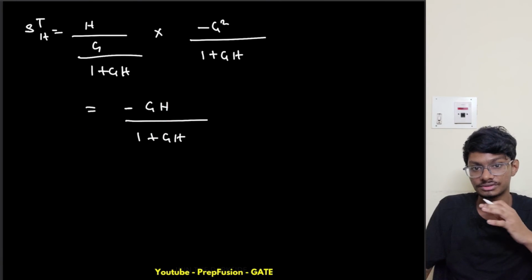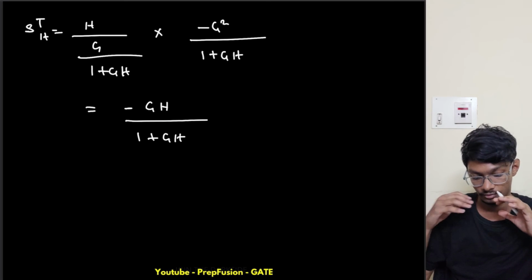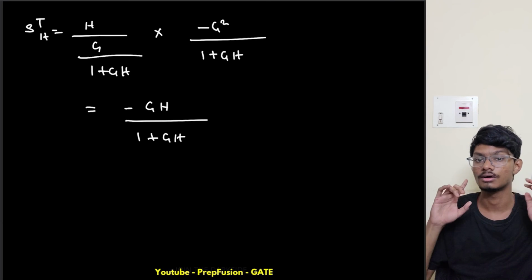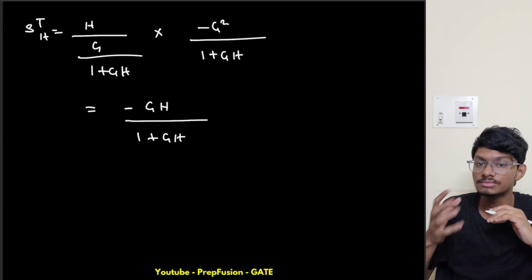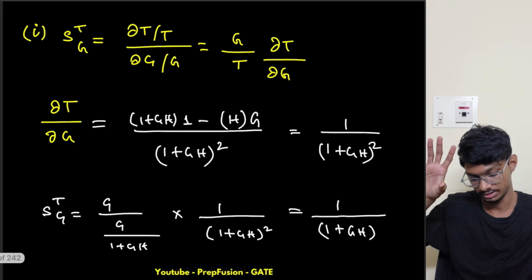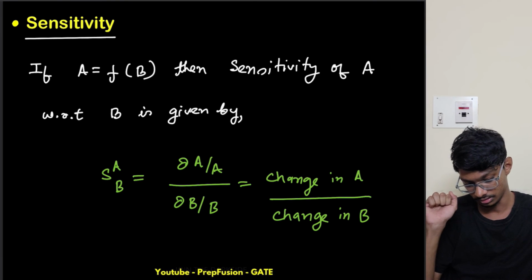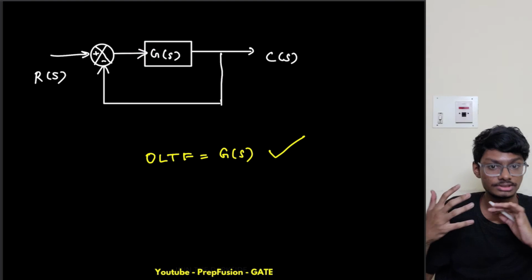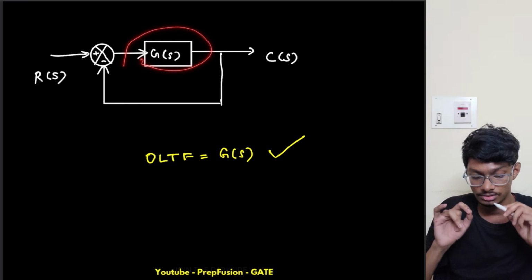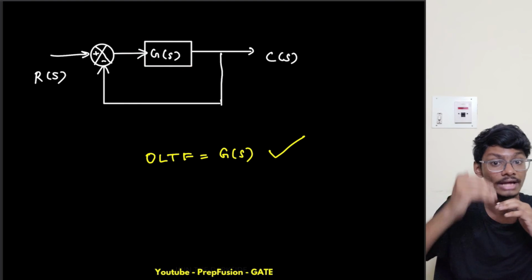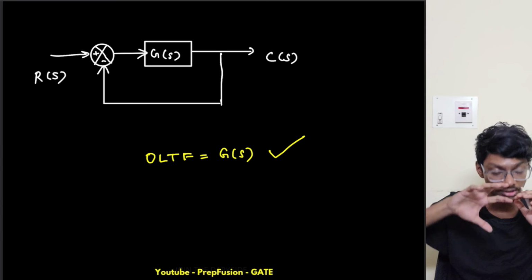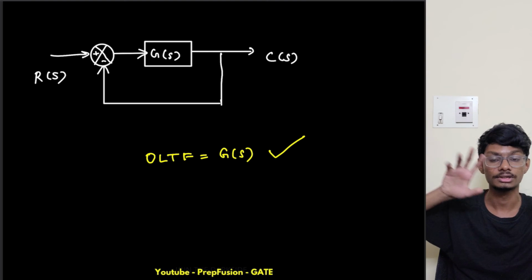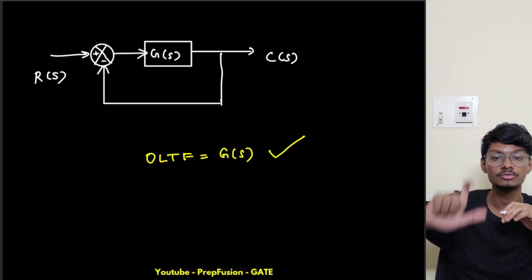So our transfer function is more sensitive to the feedback path gain than to the forward path gain. I didn't draw the block diagram. Where is the block diagram? Yeah, this is the system. If there is some change in the system, the output is not that sensitive to that change. That's why we use the closed loop transfer function, the closed loop system,